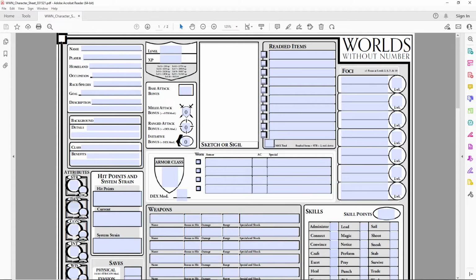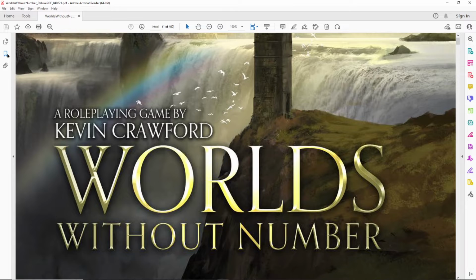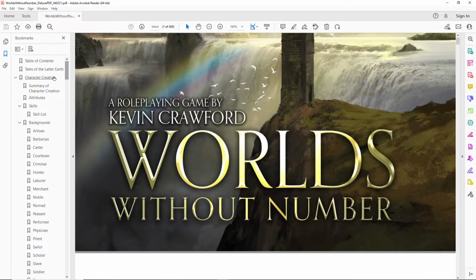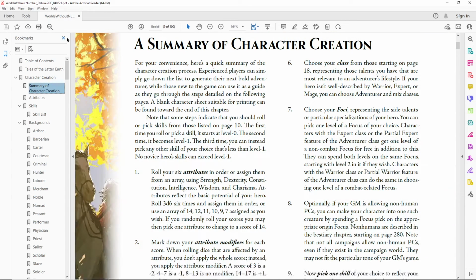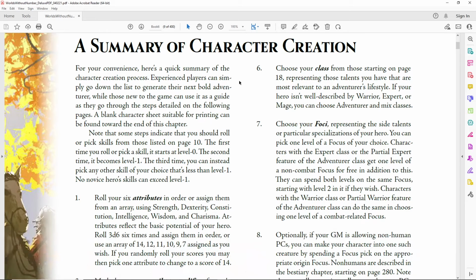Again, if you want to be following along, we're going to go to the rulebook here. I'm going to open up the bookmarks, and I'm just going to navigate right here to the summary of character creation. Now, the interesting thing with character creation in this game is that Kevin really breaks down our archetypes of character classes from other class-based fantasy games into smaller configurable parts. So at first glance, it may seem like some of our character options are very constrained,